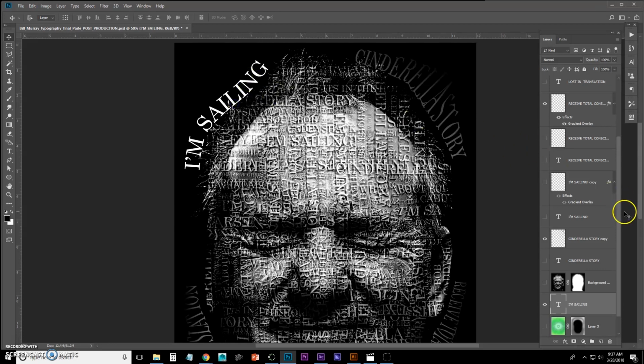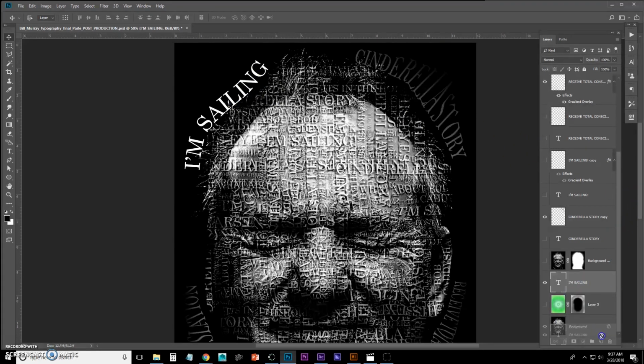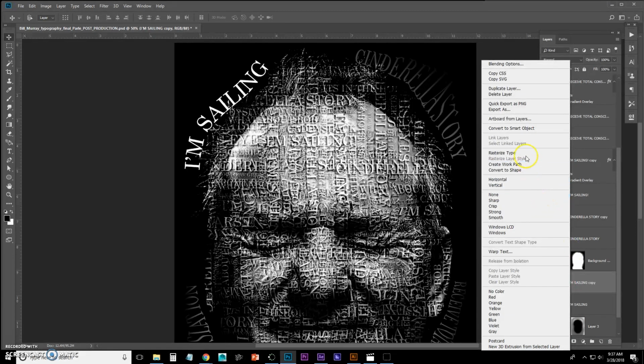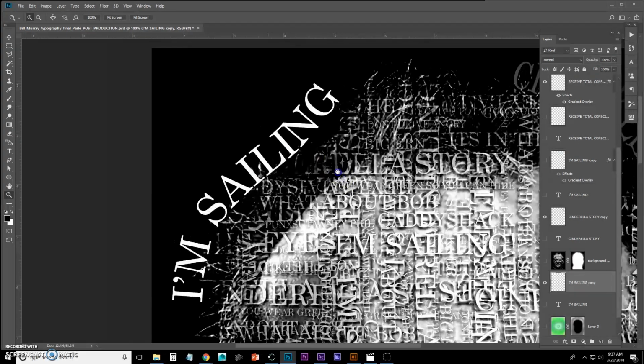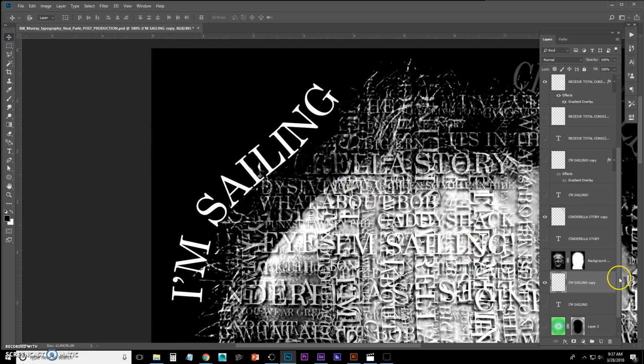Now, so I have my text layer here. I'm going to duplicate that layer just in case I mess something up. Hide the original. Rasterize this. Rasterize type. And then I'm going to do what's called a puppet warp. So if I have my layer selected, I go to Edit,